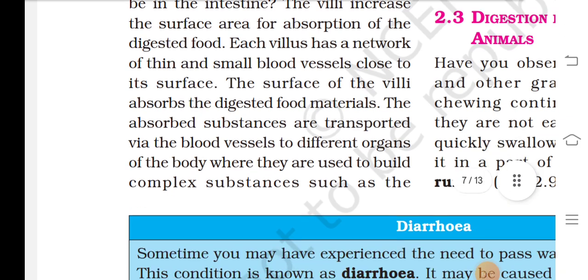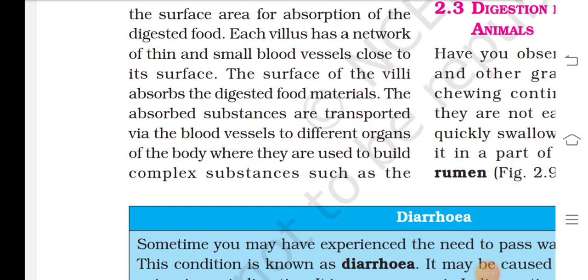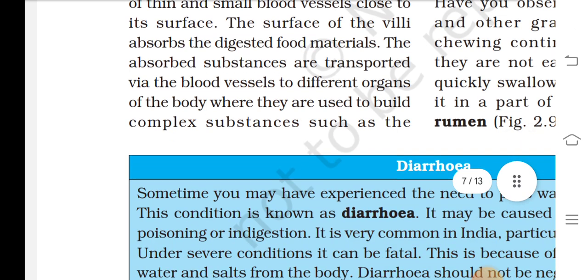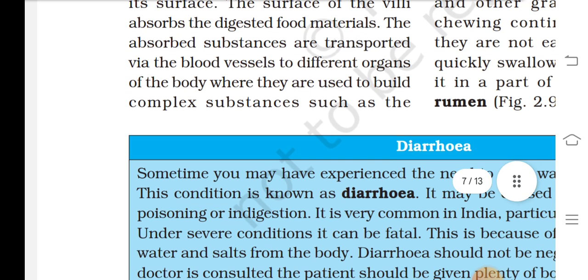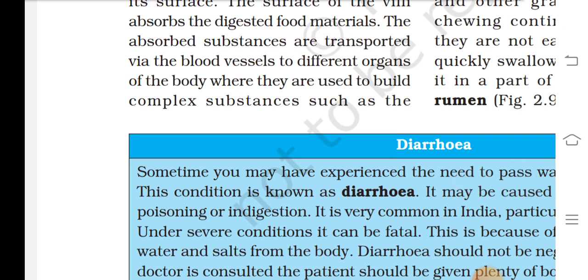Each villus has a network of thin, small blood vessels close to its surface. The surface of the villi absorbs digested food materials. The absorbed substances are transported by blood vessels to different organs of the body where they are